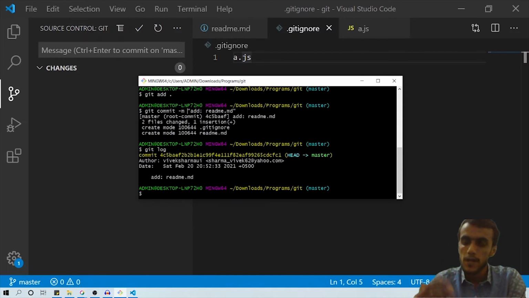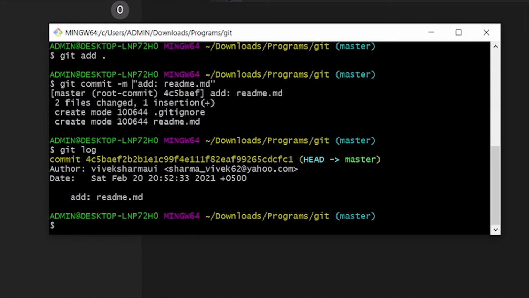Suppose I am working on a feature called add user, and my colleague is working on delete user. We will never do development on the same branch, but we will create separate branches. He will create the delete user branch and I will create the add user branch, and then we will merge it into a single branch, which is our master branch, right?